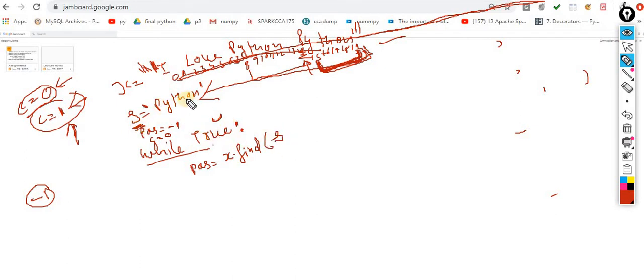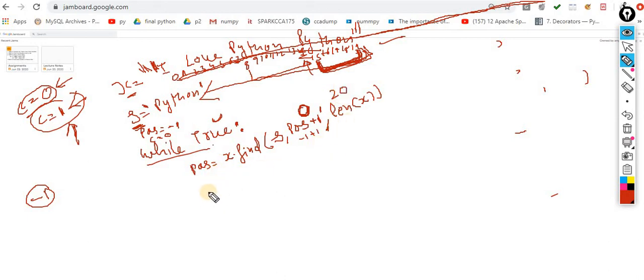User enters Python, that is inside s. From where to where? From position. Starting value position is -1, position +1 to len of this x, and the len of this x is 20. That means starting value position -1 +1, that means starting 0 up to len 20. Okay, the first is done.